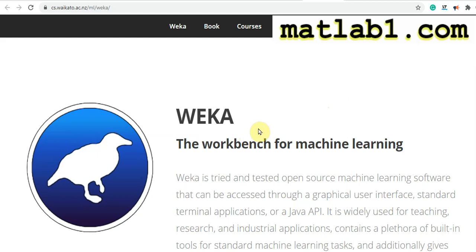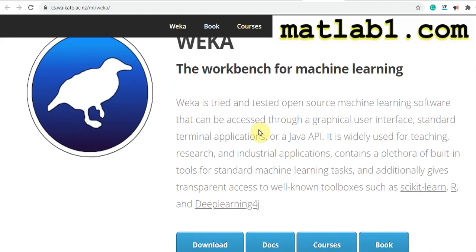Weka is one of the powerful software for machine learning. It is open source machine learning software, which can be used through a GUI, graphic user interface, or a standard terminal application or Java API. It is widely used for teaching, research, or industrial application, and there are many machine learning models